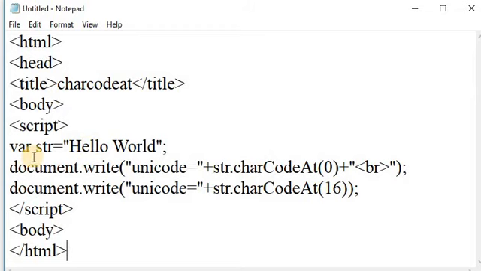Here in this example, first of all I am taking one variable and assigning the hello world string to that variable. After assigning the variable, by using the write method, I am displaying one result on a web page, that is str.charCodeAt at the 0th position. Whatever the character at index 0 is, it returns the Unicode value of that character by using the charCodeAt method. After that, I am again using the document.write method and again assigning str.charCodeAt of 16. It returns